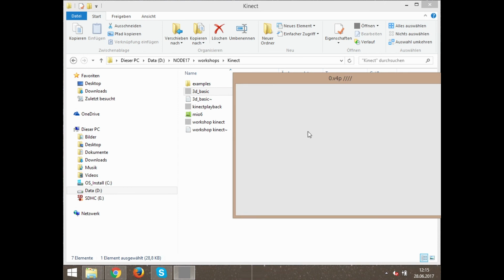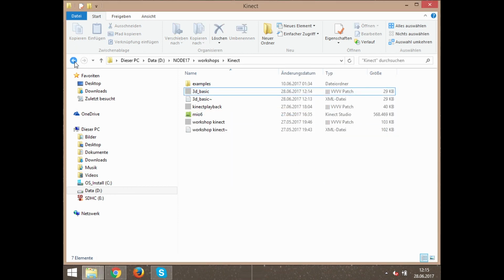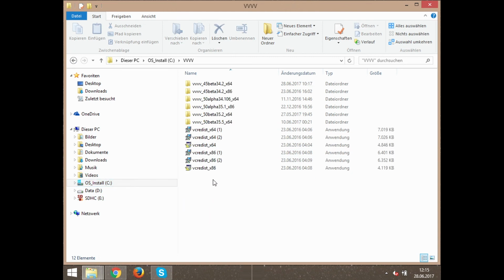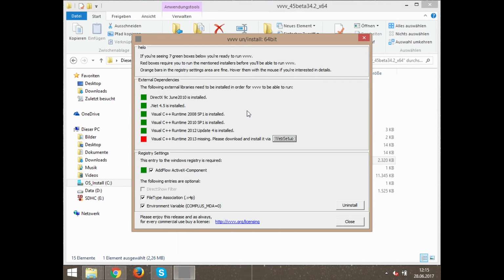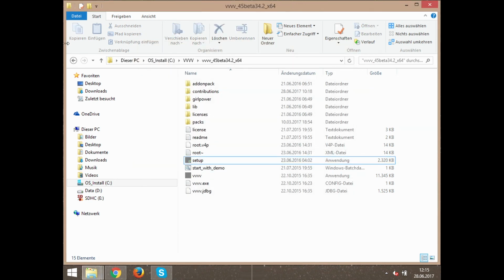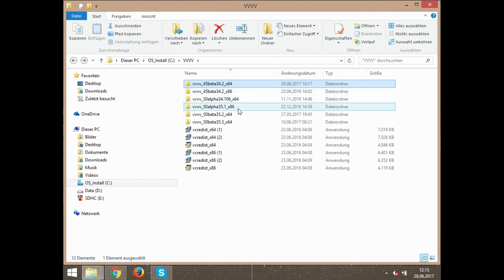Something you might know, it's a technical thing, but I think it's not bad to know how this is working because we had this problem already. For the Kinect 2, you always have to work in the 64-bit version, and if you want to switch between versions, let's say for example we open a patch, then we see it's 34.2 64-bit, we can see it here. Now if we want to switch the version, this is done by closing everything. Then I go to the folder with my versions, and I know this is the version that I just used. So you go inside there, I again activate the setup,